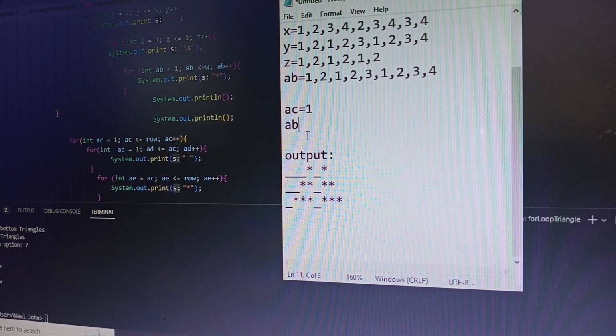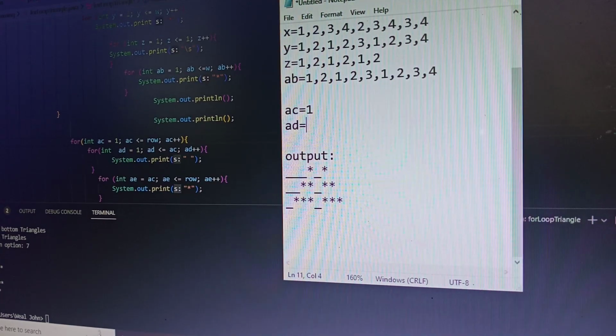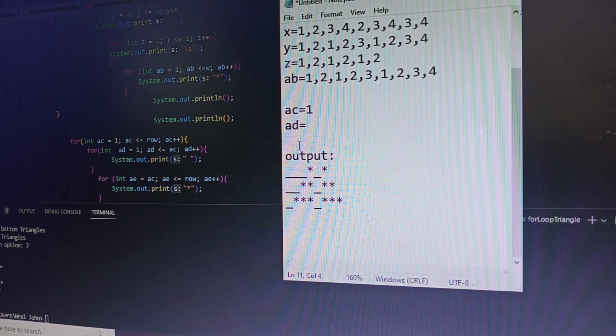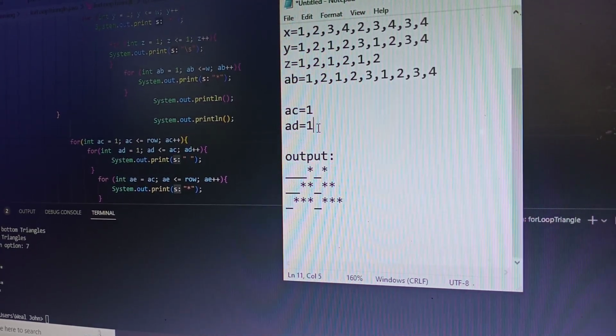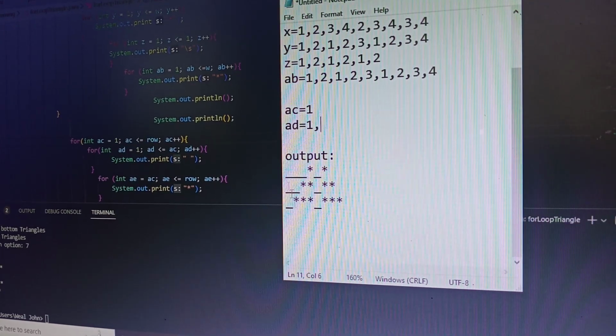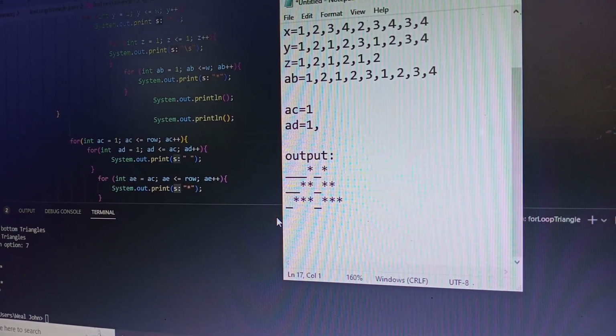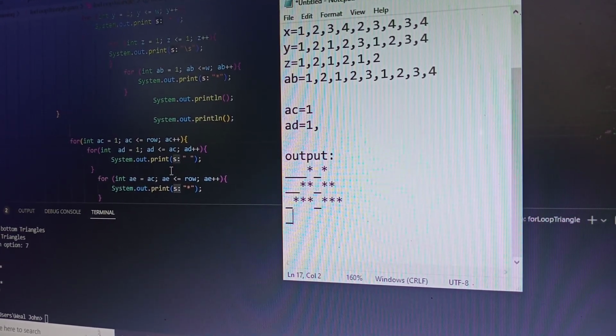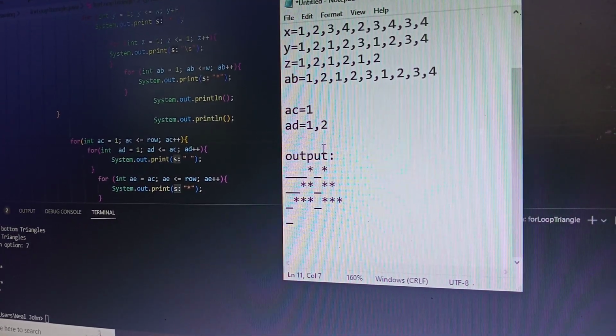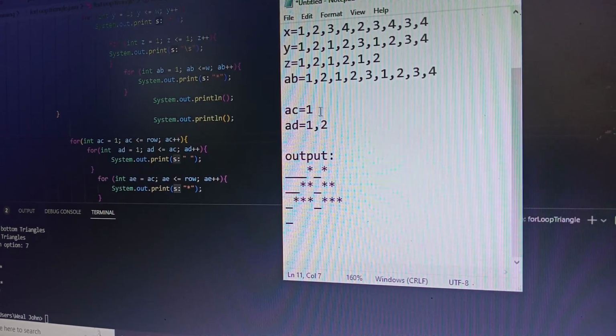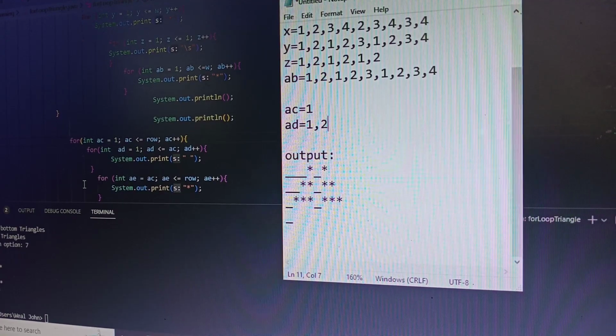AD is equal to 1. Then condition AD is less than or equals to AC, which is AC is 1. Then true. Then will now print space. Then increment AD will become 2. Is 2 less than equals to AC, which is false. Then we'll proceed to the next